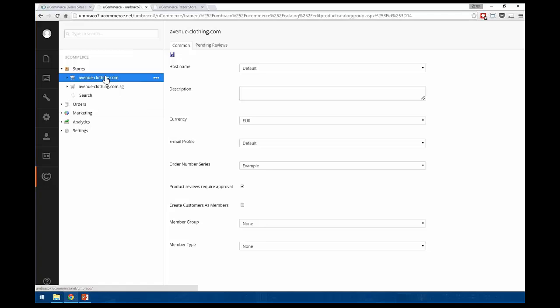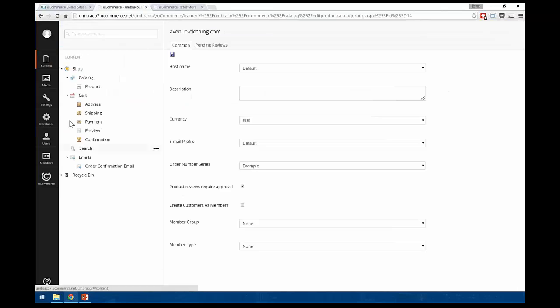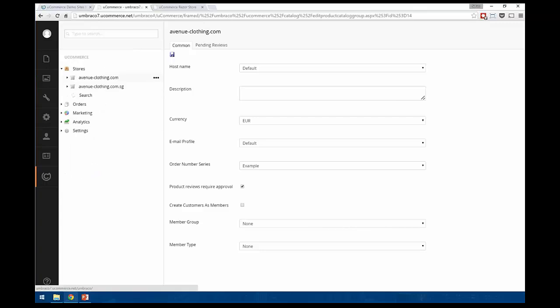A store is connected to a content site. The way Avenue Clothing here works is you'll have a content site in Umbraco like we saw before, right here. And that will be connected up with 1 or more stores via the host name here. So when you set up multiple domains on Umbraco, uCommerce will know, and you'll be able to pair up stores and content sites. And so you can swap in stores that make sense for individual markets. If you have one content site that deals with a global market or something like that, you can swap in these stores depending on a set of rules that you define.